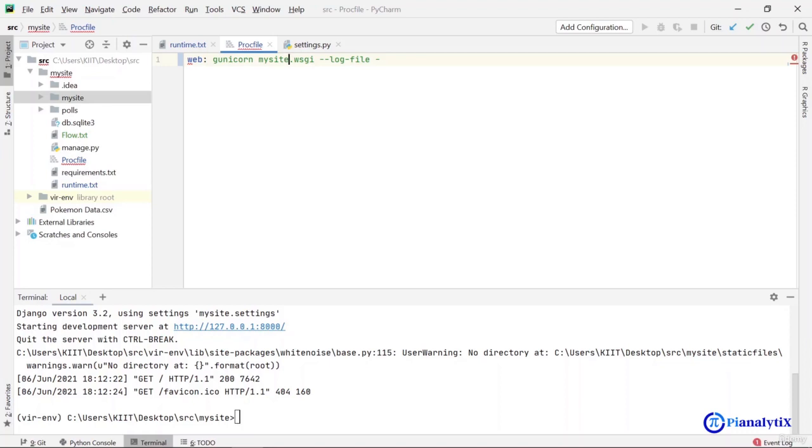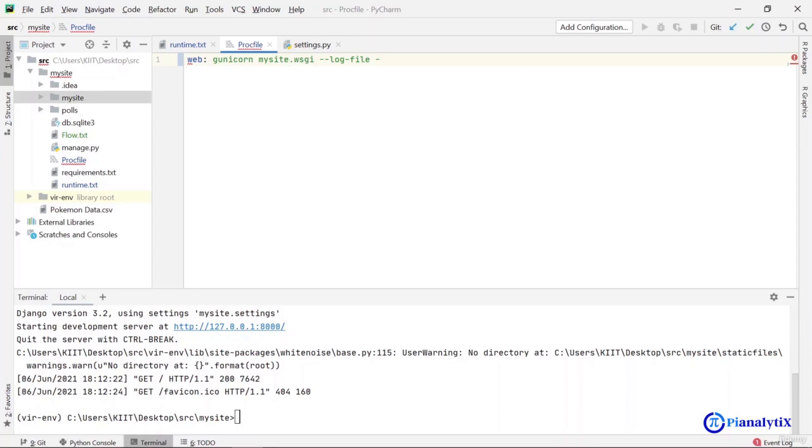The commands specified, like manage.py runserver and manage.py migrate, there are actually many more commands except those which are instantiated in Python and in Django. So those are the commands that are executed on Heroku's server using our Procfile.